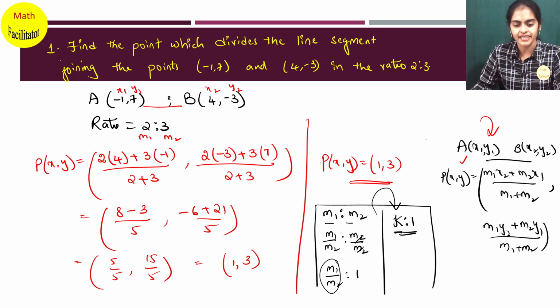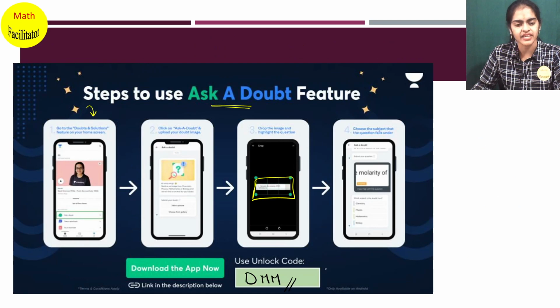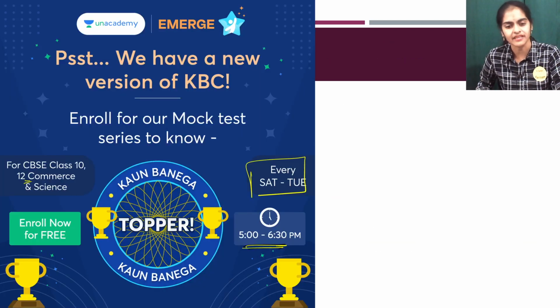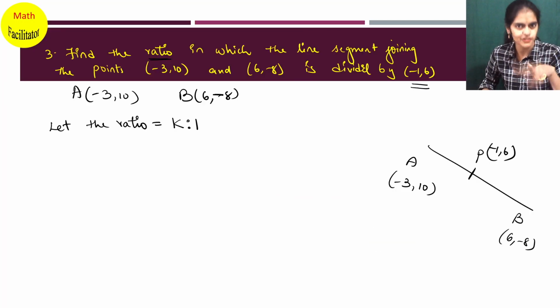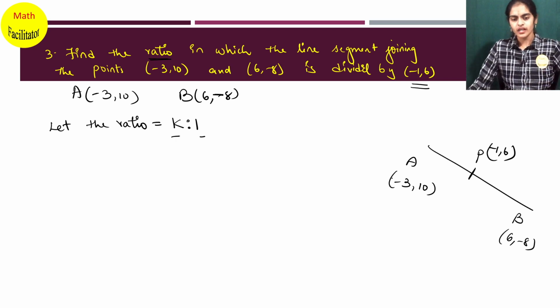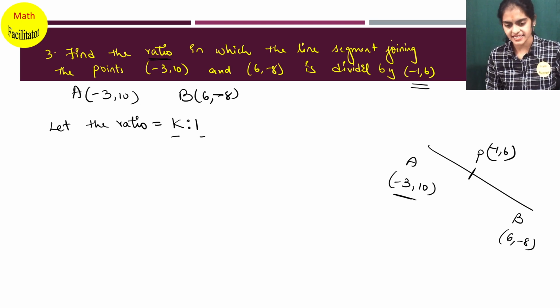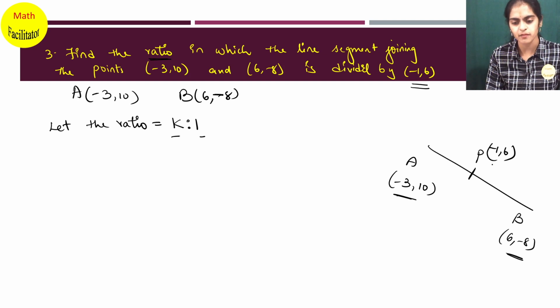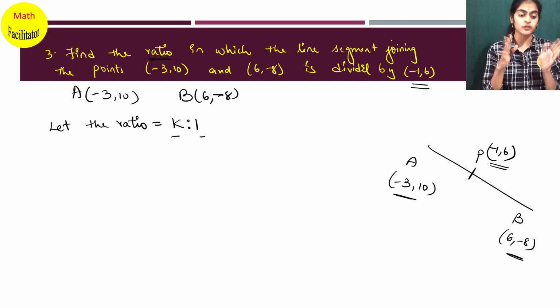Clear? So there is nothing new. We are converting the same thing for our own convenience, so that instead of finding two values you will find only one value, which is easy. So we are taking the ratio as k is to 1. Clear? So now the points are (-3, 10) and (6, -8), divided by the point (-1, 6). You should be able to identify the points. Clear? So now